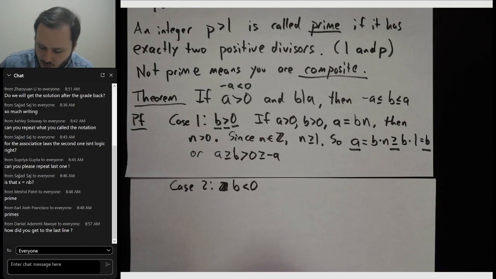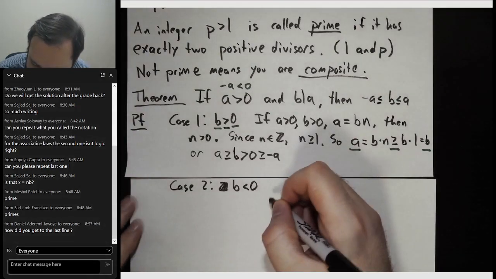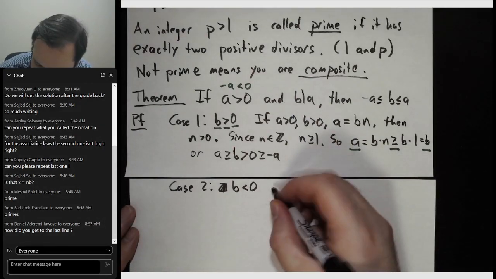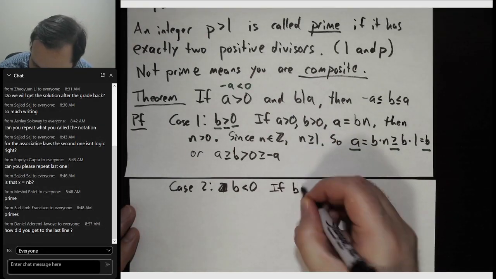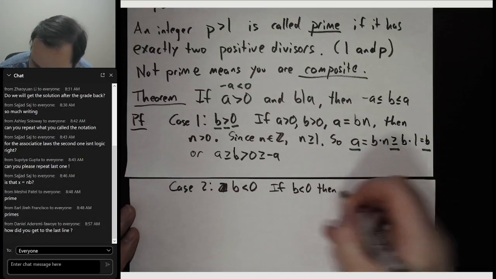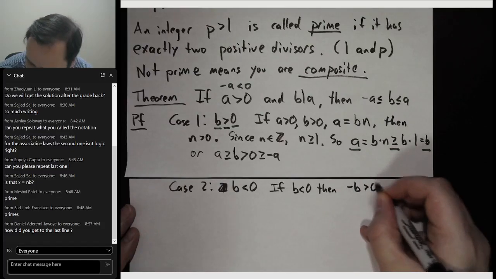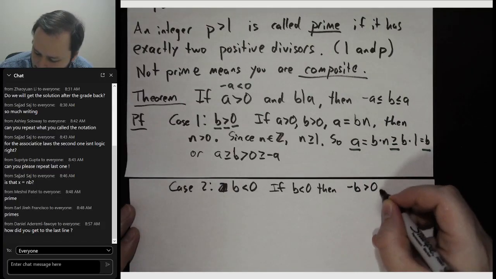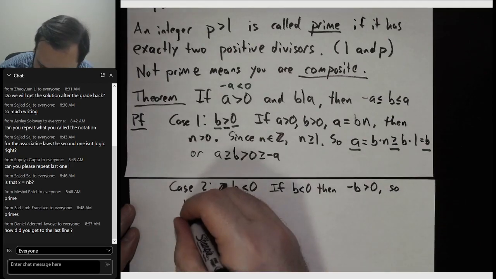Okay, so if b is less than 0, there's a nifty trick we can do that saves us a bunch of work. We can reuse case 1. If b is less than 0, then negative b is greater than 0. So by previous case,